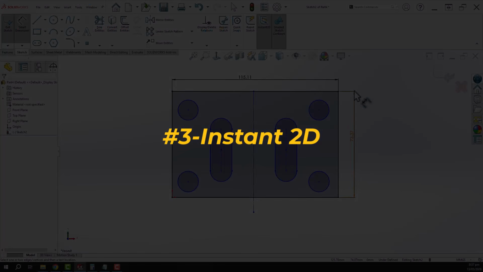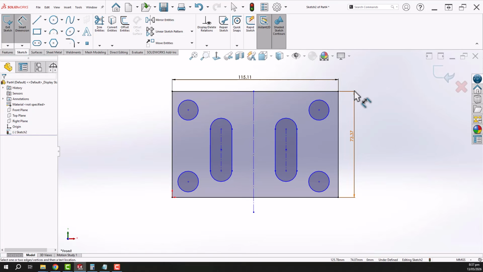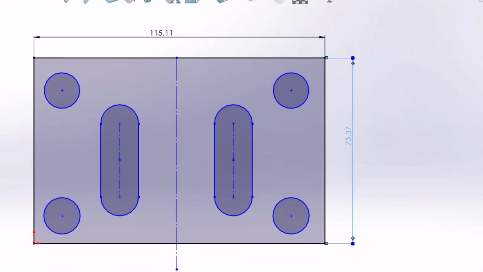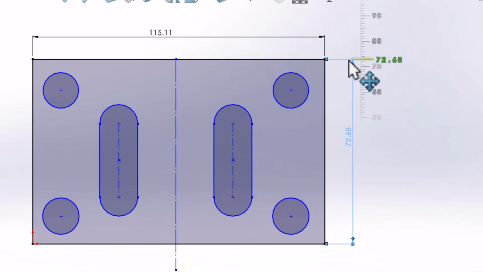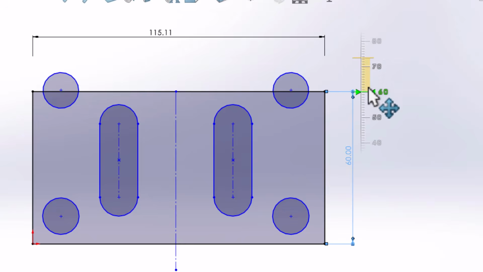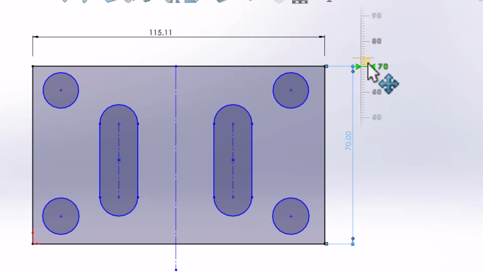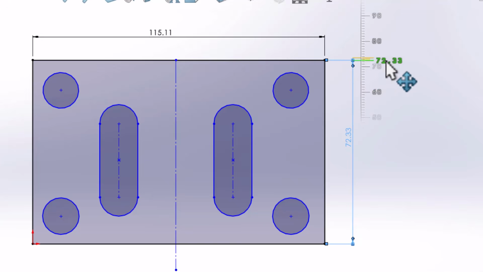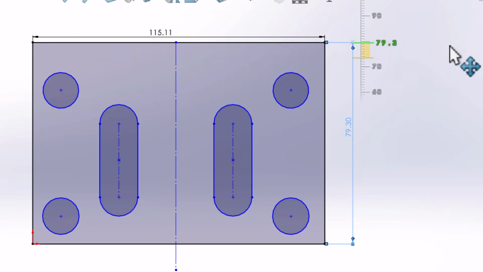Instant 2D. Using this command, you can easily edit any sketch entity that already has dimensions applied. You just need to click on the small round dot near the area and drag the mouse. The ruler will highlight the size accordingly, and you can smoothly change the dimensions by dragging. As you move closer to the ruler, the decimal values decrease, and as you move farther away, the decimal values